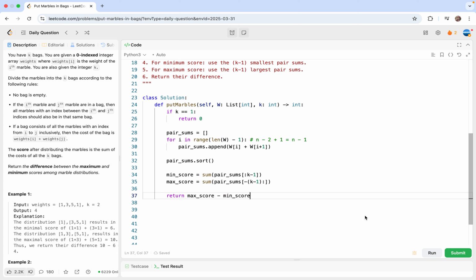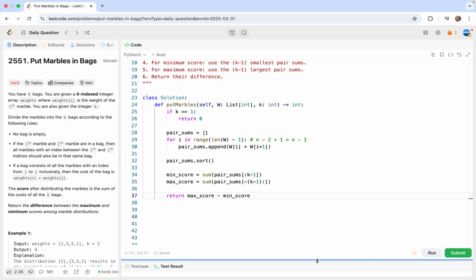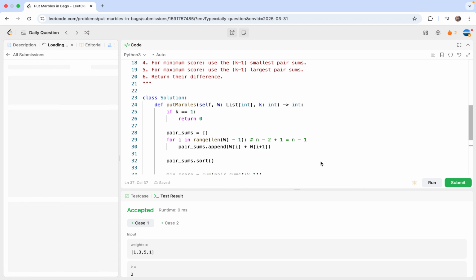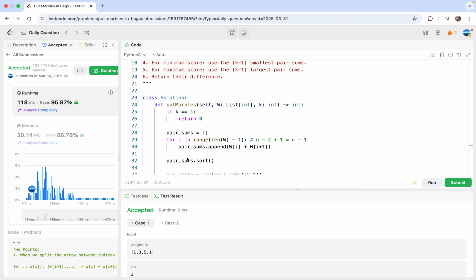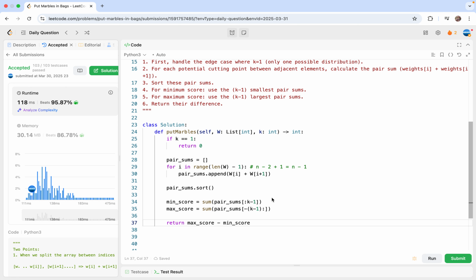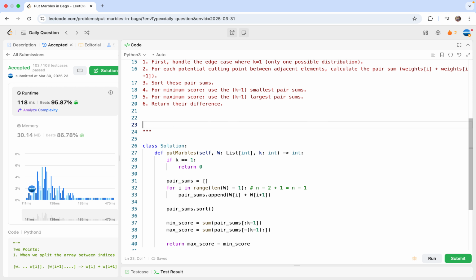So before we make comments, let's first test it. Yeah, it passes the test cases. Now let's look at the generic case. Yeah, it passes the generic case very fast. So here I want to make two comments. First one is